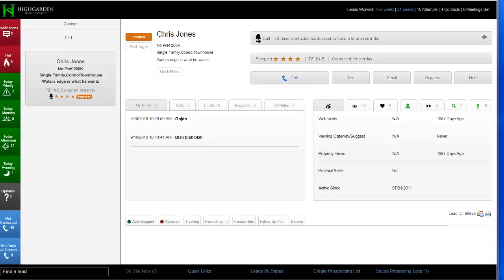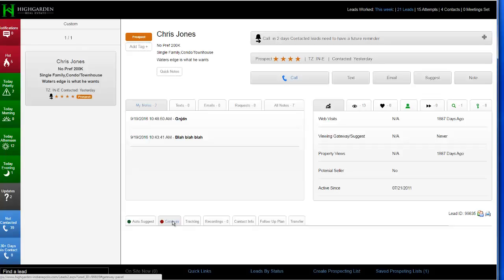To get at this, what you'll want to do is log into the IMS, find the lead that you want to set up a gateway or modify a gateway campaign for, and then go down about 3/4 of the way and you'll see a red dot and it'll say gateway. This is the tab you want to click on in order to set up a gateway program, automated email program